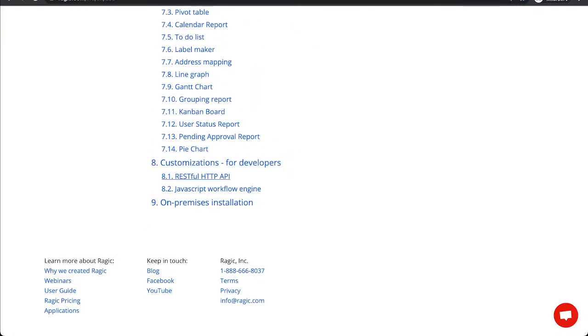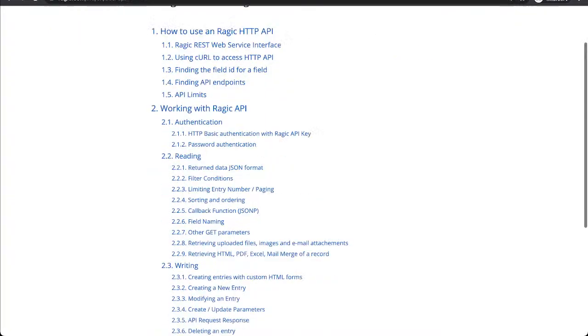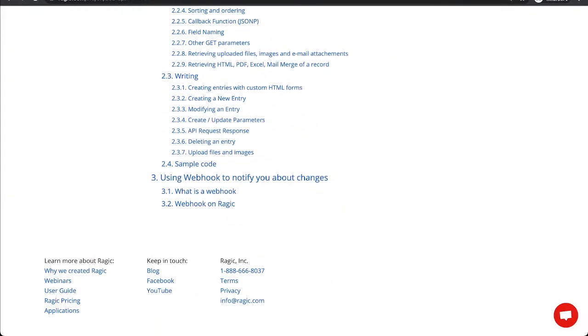And for API, we also have another document for API integration right here. Just click on it and you can see how you can integrate what you'd like to do. And if you would like to have others assist you with those, you can go to our community page and go to the work offered section for more information. We have some partners who are also IT experts, and they can help you with that.